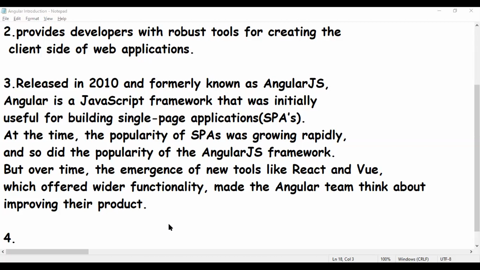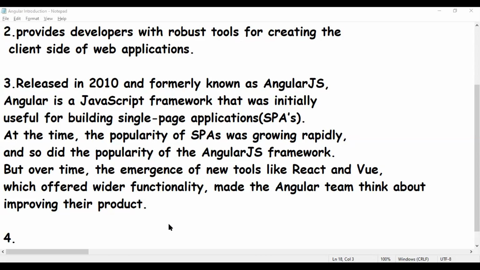The fourth point here: in 2016, Google presented a new fully rewritten version of AngularJS. They just called it Angular, removing the JS part.